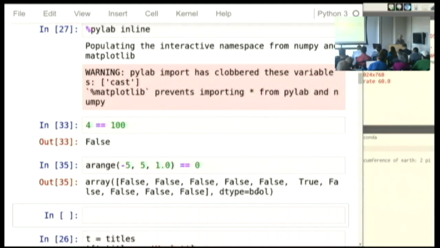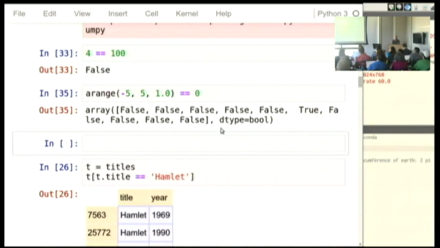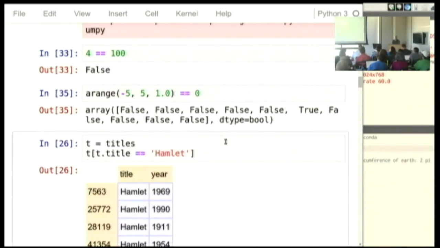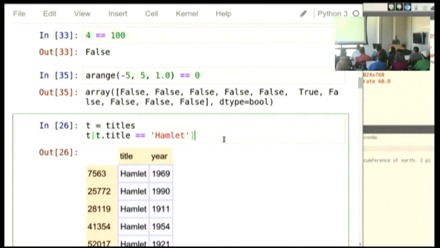What Pandas does is it lets you use a list of trues and falses as an index back into the data frame. If you index into a data frame and say, hey, here's a big series of trues and falses, it gives you back the rows for which you gave it true. And so this really, really shocked me. When I saw this utter craziness, I thought, oh, what have they done? They've broken Python. That's not something you can do in Python.